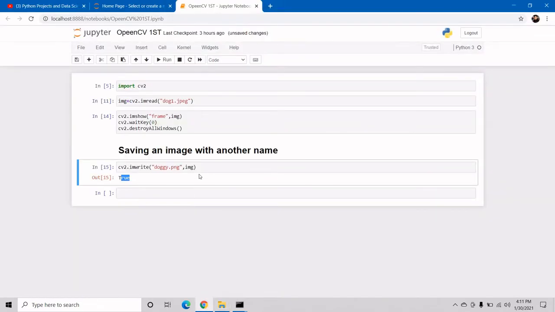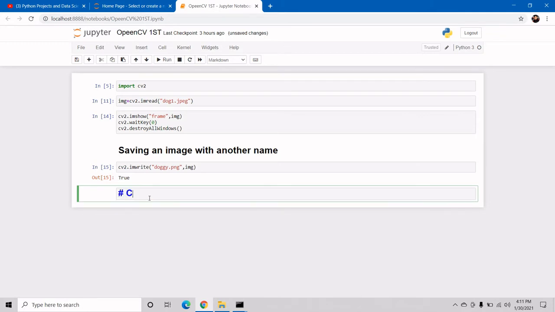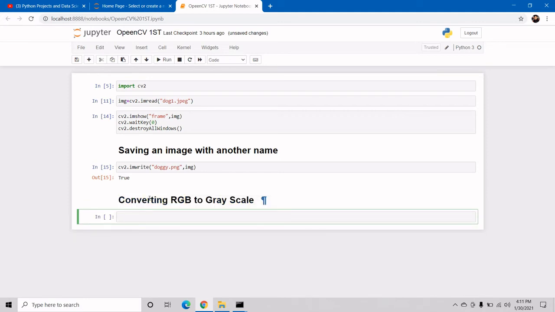Now I want to convert this RGB image into a grayscale image. So for that I'm writing converting RGB to grayscale. Now for that I can use a function. First I have to take a variable grayscale. After that we have to write cv2.cvtColor.